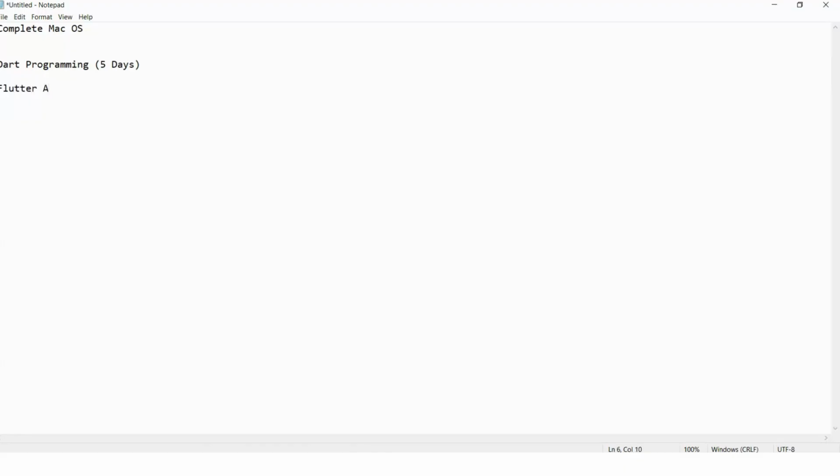Guys, see, I can't jump directly to Flutter app development. Why? Because if you don't know Dart programming, I can't explain this thing. That's the reason. First, let's focus on Dart programming. Then we can discuss these things, guys. Okay, like that. Fine. So these are the agenda, guys, for tomorrow as well. And by this today, we are going to